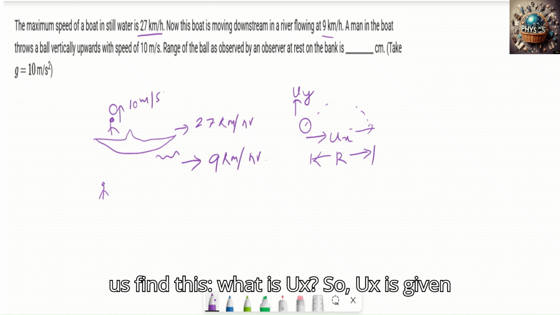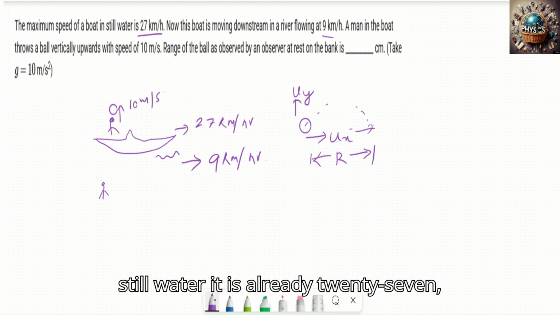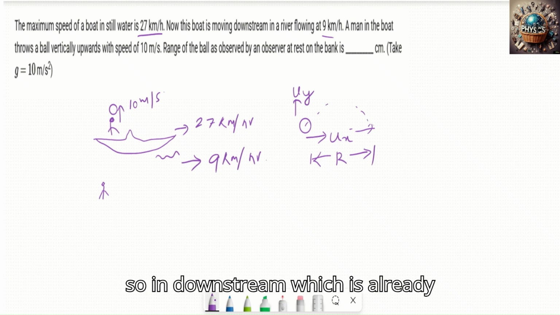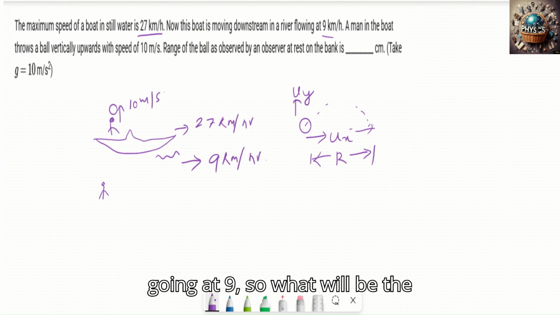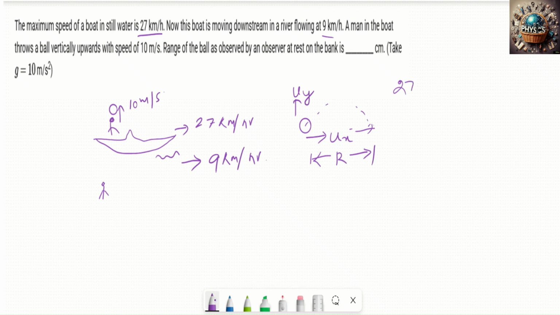So first let us find ux. ux is given in kilometer per hour. In still water it is already 27. In downstream, which is already going at 9, the effective velocity of the boat downstream will be 27 plus 9, which gives me 36